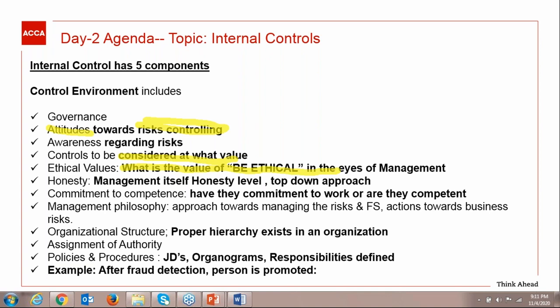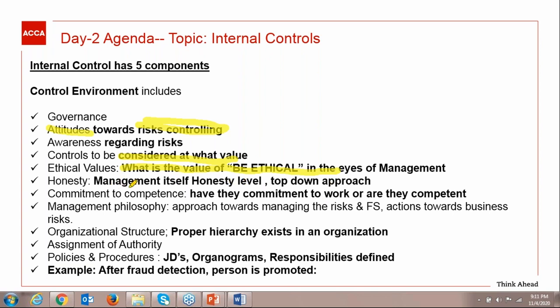So it's all about management. What the management thinks about the ethical and unethical person. What was the perspective of the management in this organization where I have mentioned the example? The management did not make a difference between the honest person and the dishonest person. So everyone in the organization was demotivated by the management decision.